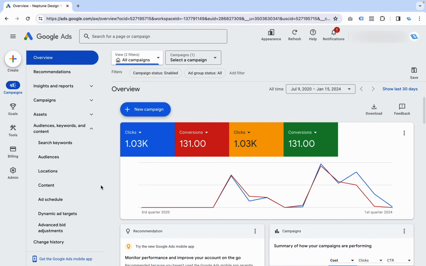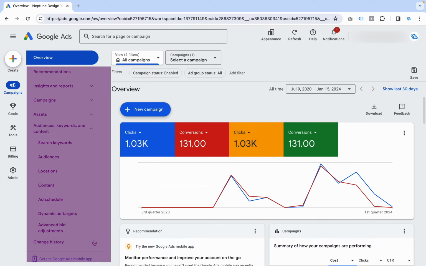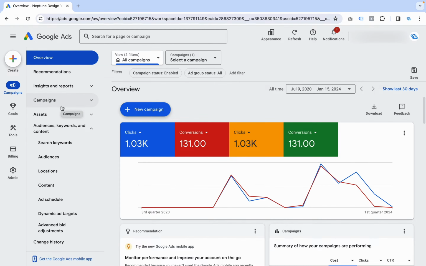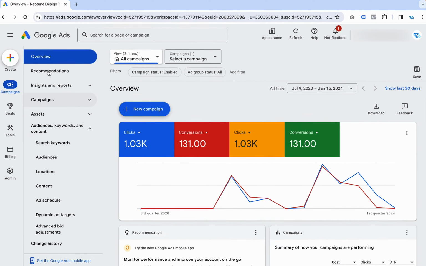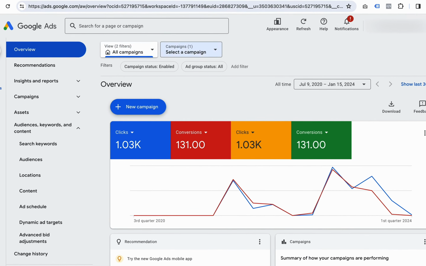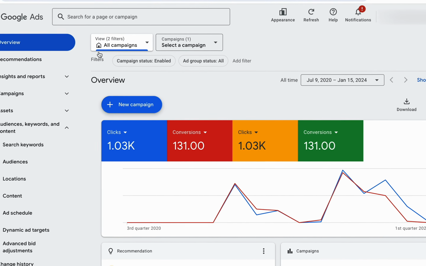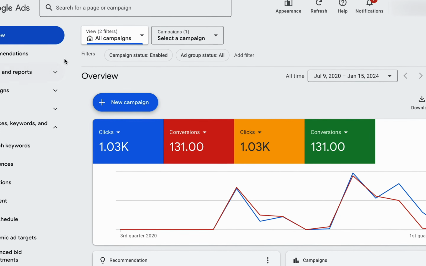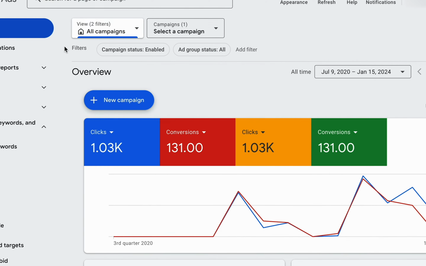The next thing we want to look at is this little column on the side of the system settings. I'm going to highlight it in purple, and this is basically your reports menu. Now, this is going to allow you to pull any report from any campaign that you currently have selected. So you're probably wondering, how do I even see what campaign I have selected? If you look at these top tabs over here, it'll say 2 campaigns and select a campaign. That's how you know which campaigns you have selected.